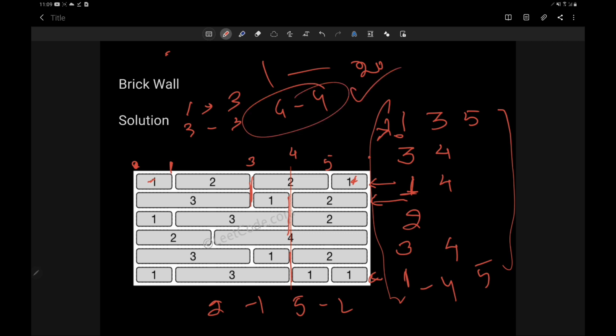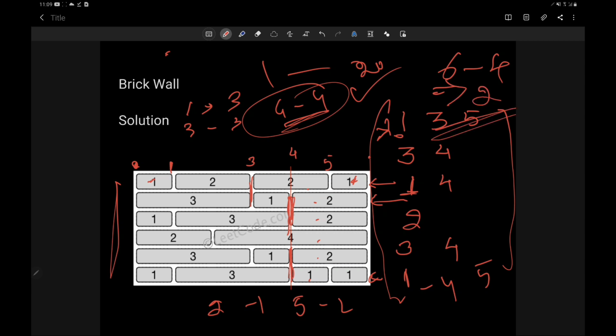All right, now 4 isn't our answer. Why? Because we have to find the number of bricks that are crossing. The number of bricks would be the length minus the edges. So if the length is 6, then 6 minus the highest count, that is 4, gives us the answer 2. I hope the example given is clear and the approach is also clear to everyone. If you are still facing any difficulty, when we see the code, I think all your doubts will be cleared.